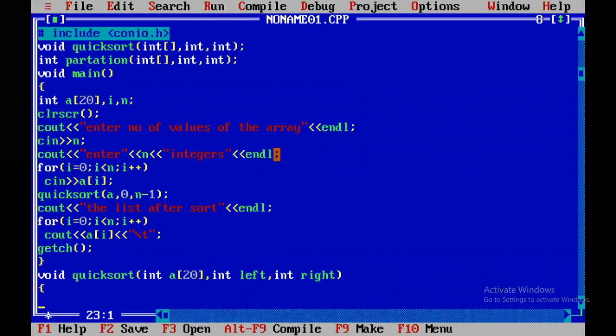So 0 is assigned to left, n minus 1 is assigned to right. Whenever I use a function call, the actual parameters are assigned to the formal parameters. a is assigned to a, 0 is assigned to left, and n minus 1 is assigned to right. As I already said, assign the first position to left and the last position to right.